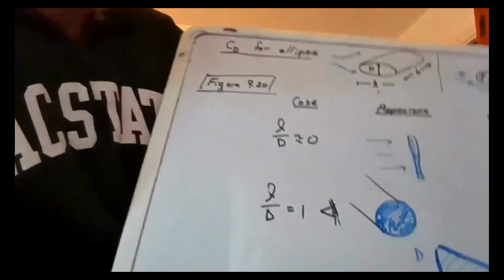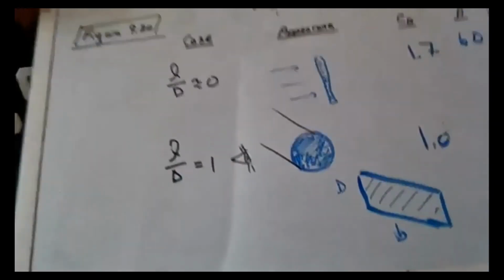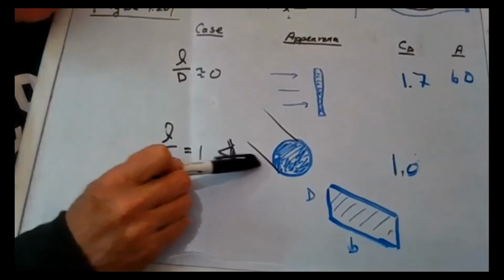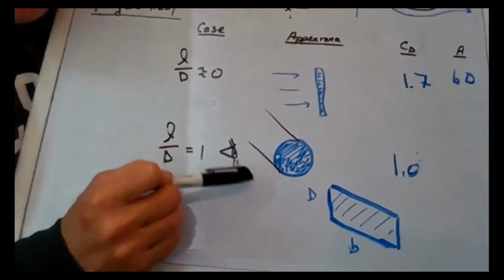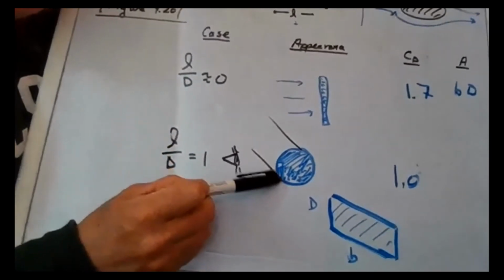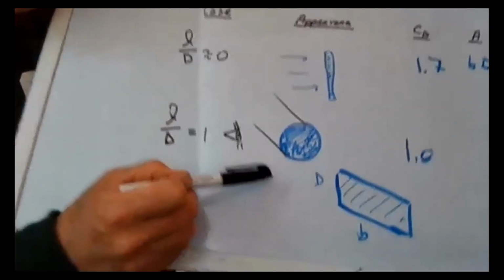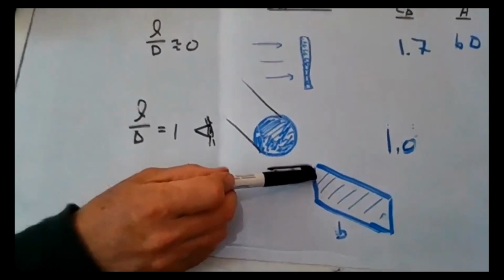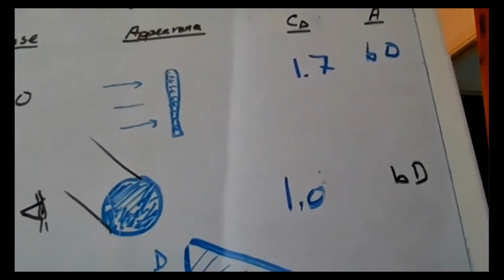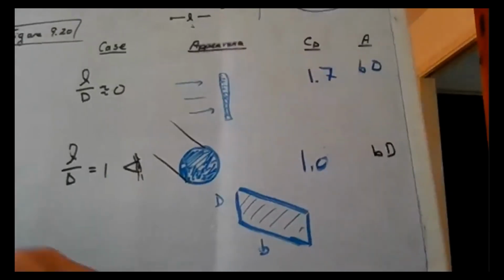Finally, what area would we use? Well, again, as in many cases, we end up using the frontal area. So you want to imagine that you're looking at the front of this object, and if you looked at the front of this object, you'd see a dimension this way, which was B, and you would see a height, which is D. So you would see this area BD, and so the area that we would use in our calculation would once again be equal to BD,